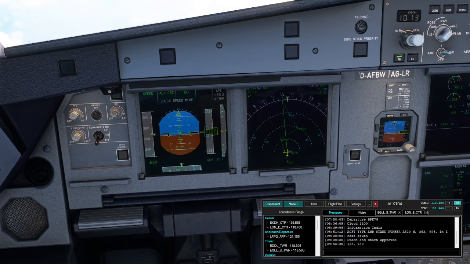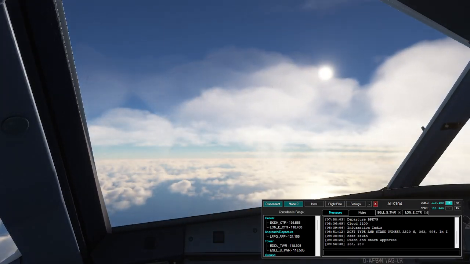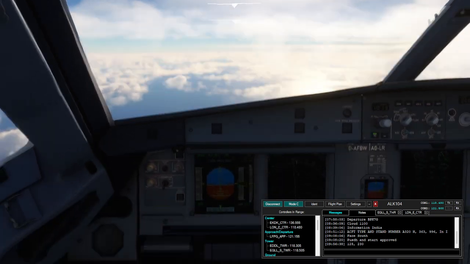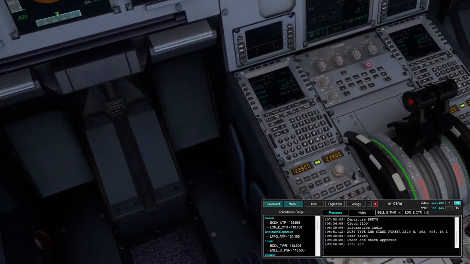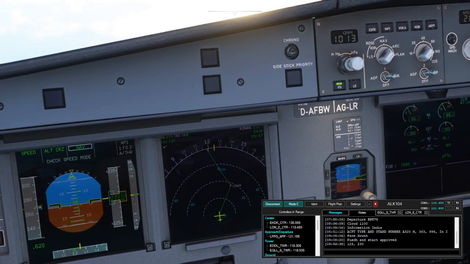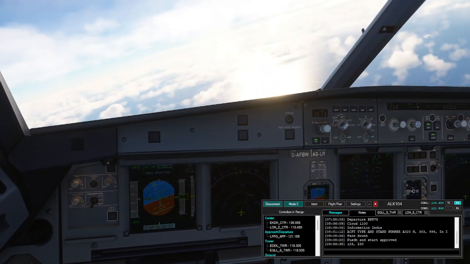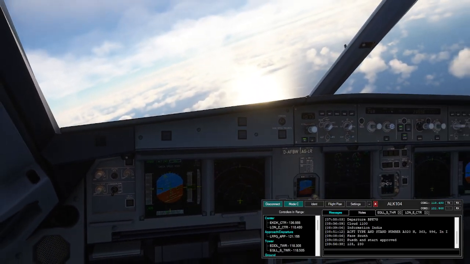Sri Lankan 104, resume own navigation, direct Conan. Resume own navigation, direct Conan, Sri Lankan 104. Olympic 575, expect vectors for an ILS approach runway 22, Stansted, fly heading 255, descend flight level 90. 255 and flight level 90, Olympic 575. Our heading limitation is already